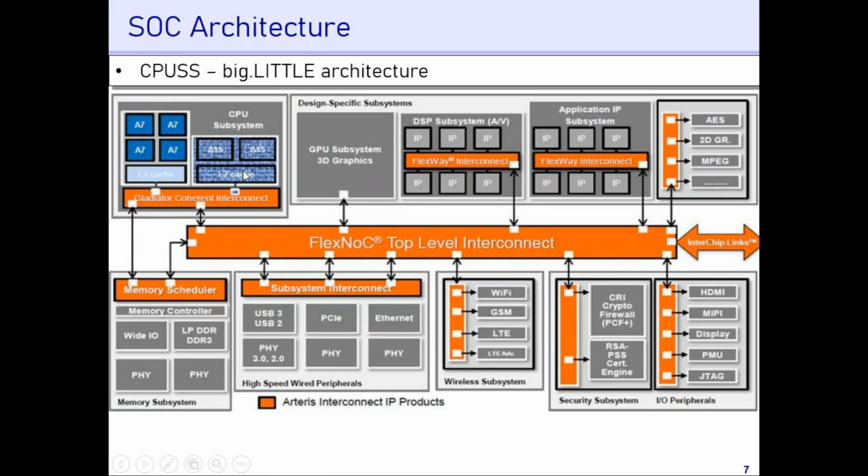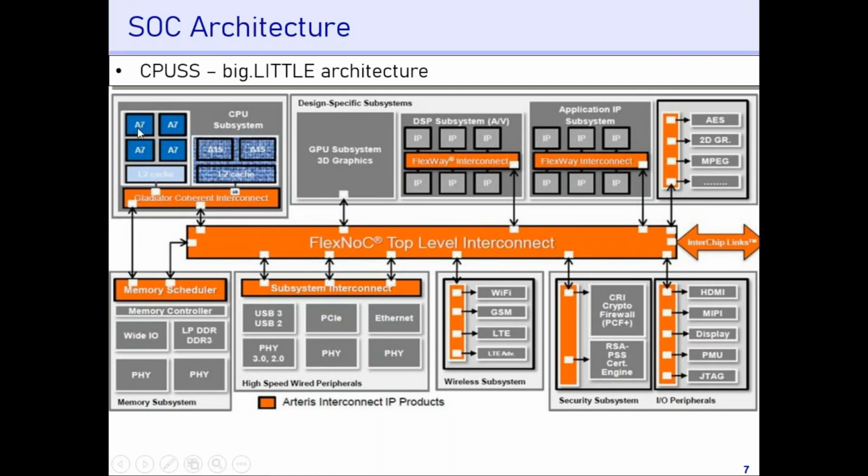Okay. As you're aware, each core at any point can run one thread, one process. So having multiple cores would help run multiple threads concurrently, essentially improving the overall bandwidth of the system. Let's try to understand this kind of architecture, where there are four A7 cores. One core means one processor core. So four A7 cores and two A15 cores are there,